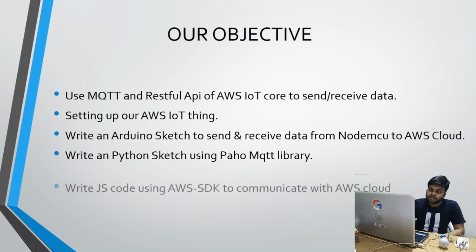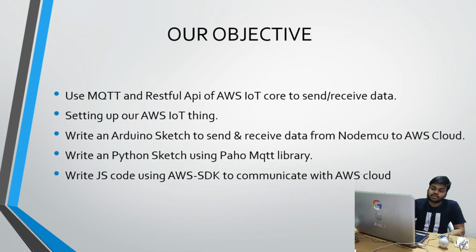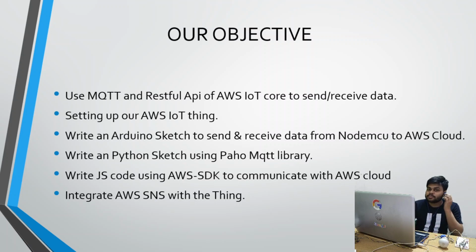And we are also writing a JavaScript script so that we can get data, receive data and send data to the cloud. Integrate AWS SNS. This is the simple notification service which I have seen in the demo, that an email will be sent when the light and the button with value 1 is pressed, and the email is generated. This is the thing we will achieve using the services of AWS. Fine.